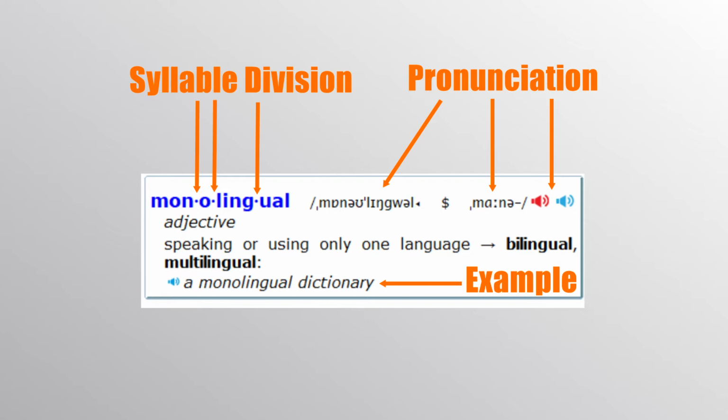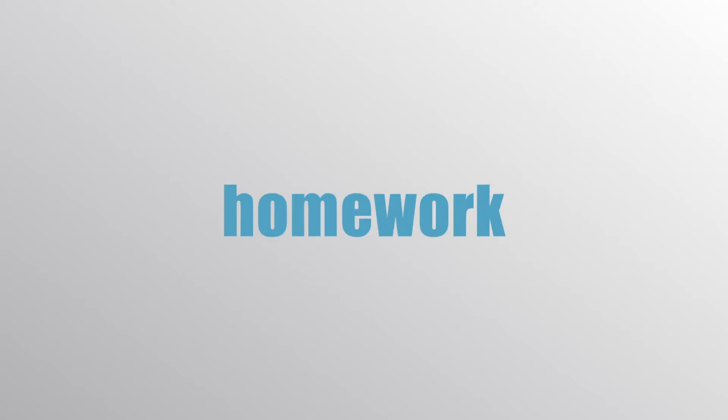Now let us look at the last aspect more closely. Take the word homework, for example. All of you know that homework means Hausaufgaben in German. However, homework is a word that is often used incorrectly by students. Why? Well, English speakers use the word homework a little bit differently. And a monolingual dictionary tells you exactly that.